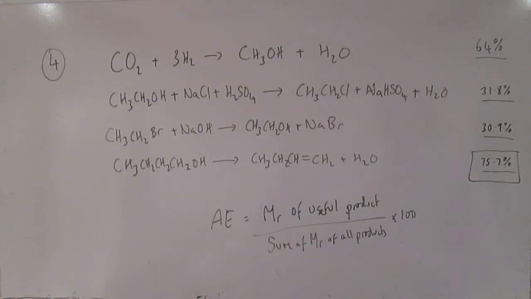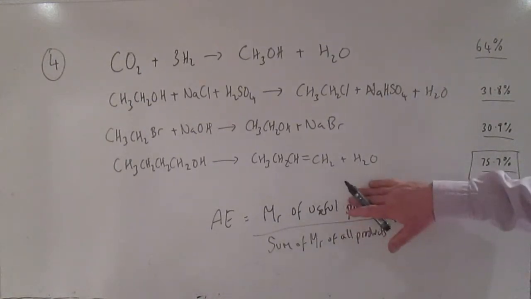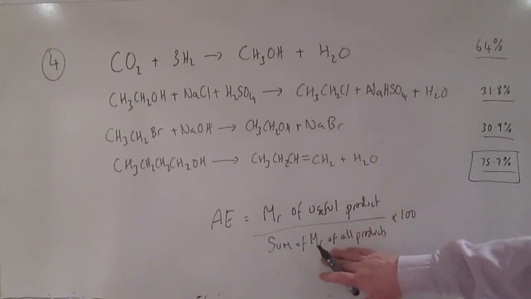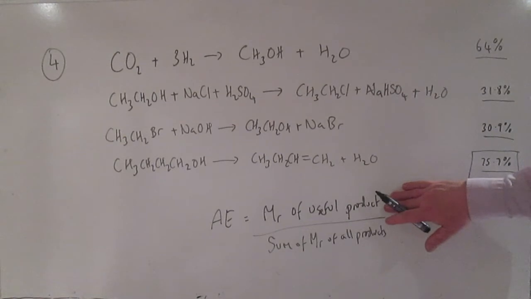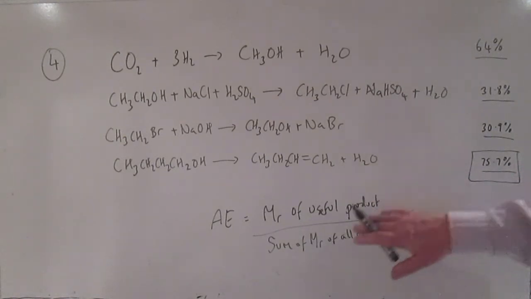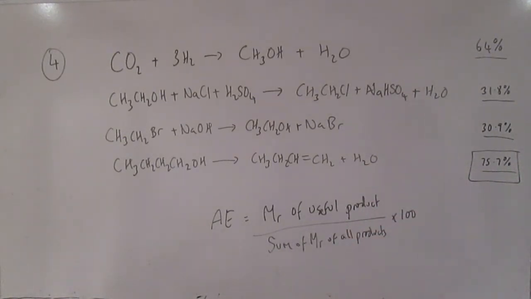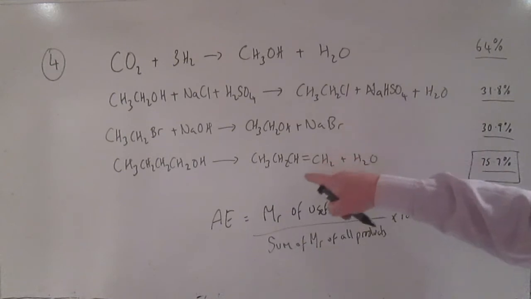And the answer is, well, to get a high atom economy, what you want is a top line to be as big as possible and the bottom line to be as small as possible. In other words, you want a high MR for your useful product and then small MRs for whatever other products you've got. And so going through these, you can see that,